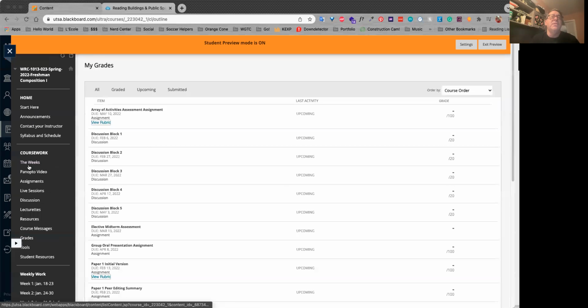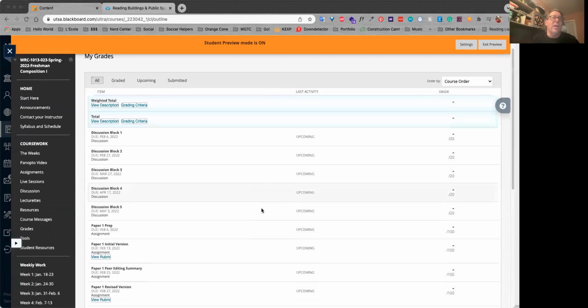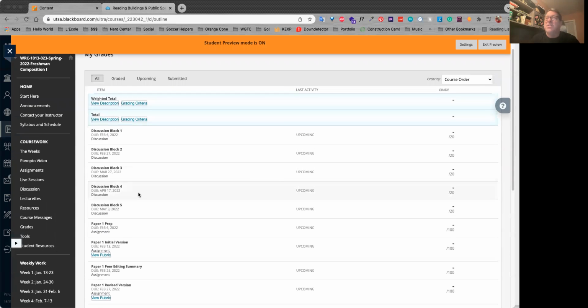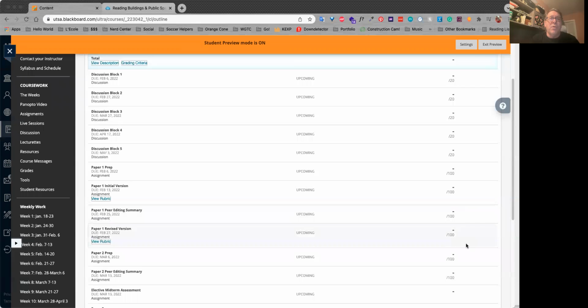Also, your grades: when you get individual grades, you'll see everything that is graded. Your discussion blocks are graded because they're tied to your attendance grades. For everything else, you should have a little grid that appears on, for example, the initial version and the revised version. Anything that's got a rubric will have a little grid box. When you get your grade, click that box,